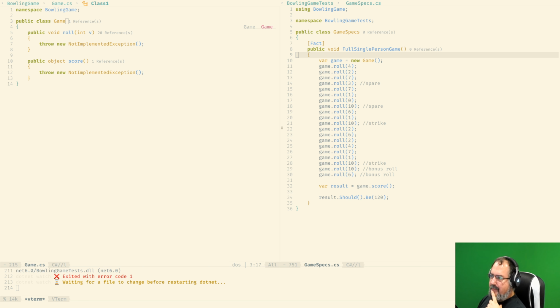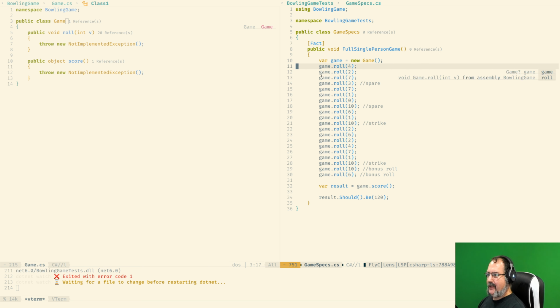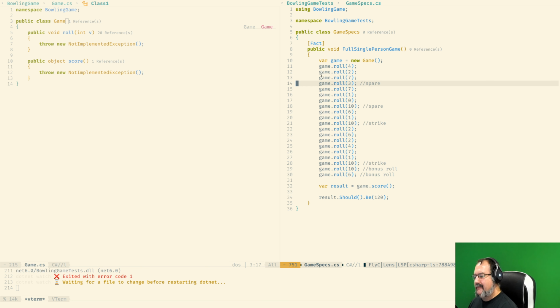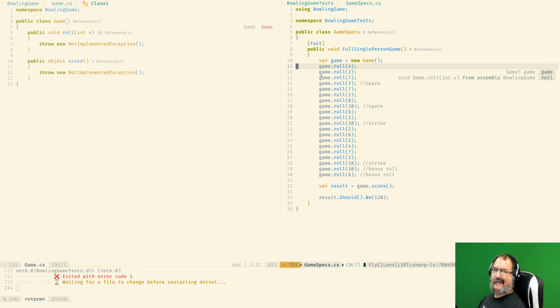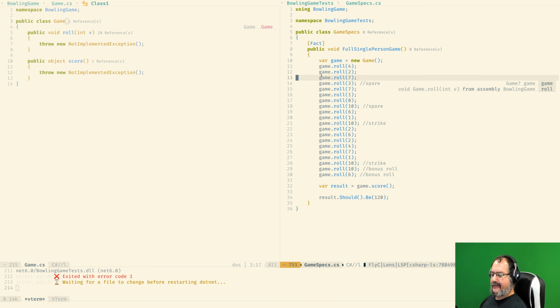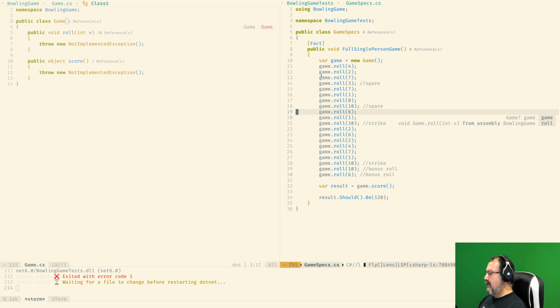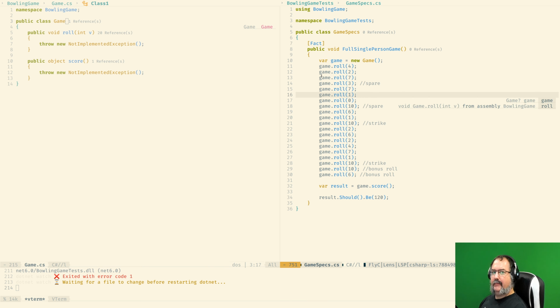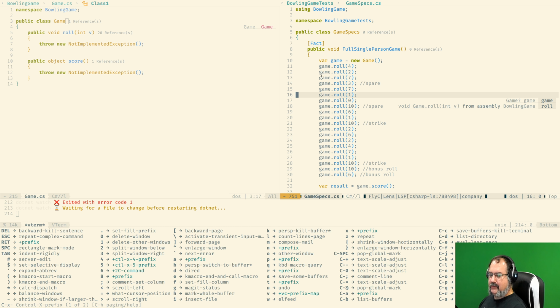Okay. Maybe at some point this can be moved somewhere else, do something slightly different. This whole game rolls over here that we have repeated 20 times, but I'm not worried about it right now. There's only one place where it's being used. Doesn't matter that I'm repeating it 20 times. Not important. Okay. So I'm going to commit this just because we have something in place. We have something that is building, even if nothing is passing.